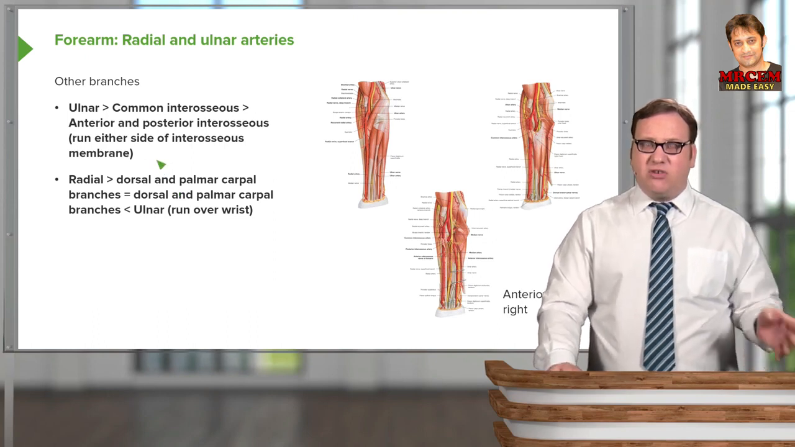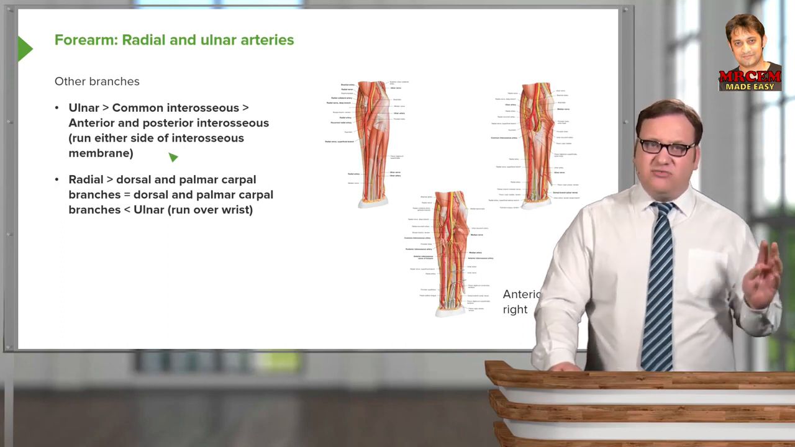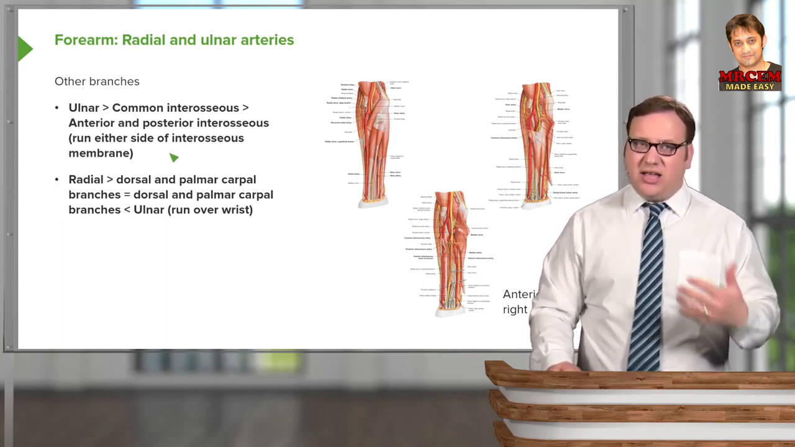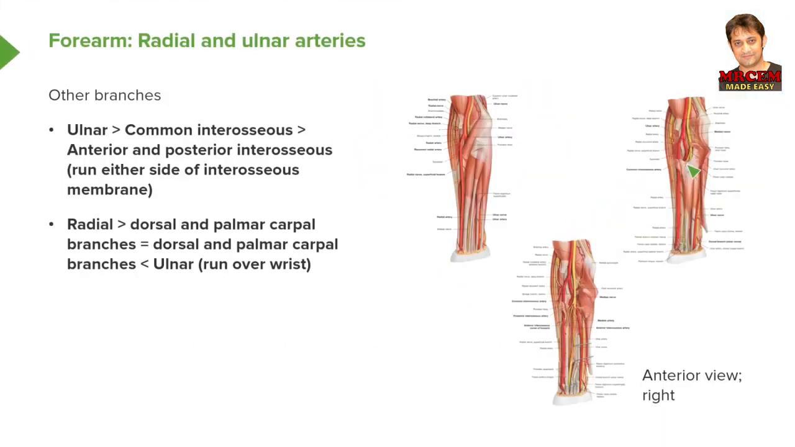So the ulnar artery will give rise to a common interosseous artery, and this interosseous artery then gives rise to anterior and posterior interosseous branches, and these run either side of the interosseous membrane. So here we can see we've got a common interosseous artery here, and the common interosseous artery is then going to, we can see here, dive through the interosseous membrane, and that becomes the posterior interosseous artery. The anterior interosseous artery is now running deep down in here alongside the interosseous membrane, supplying the deep muscles